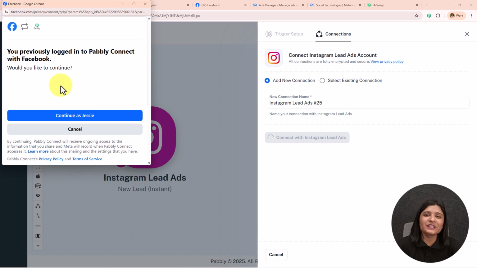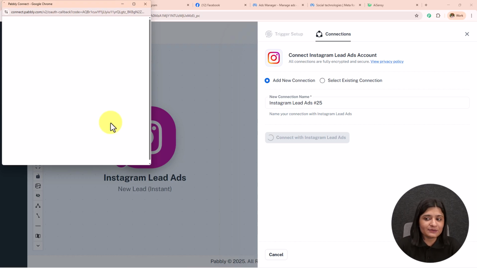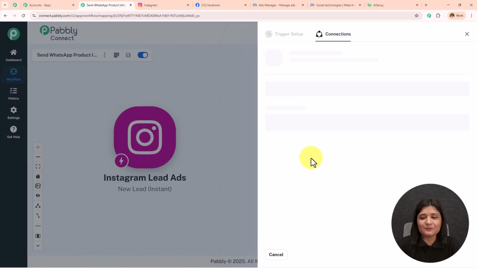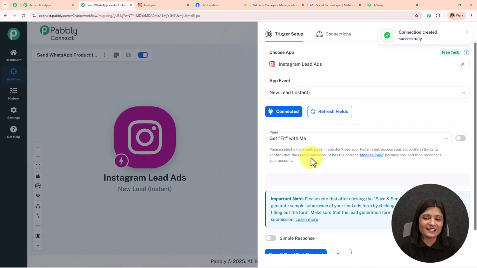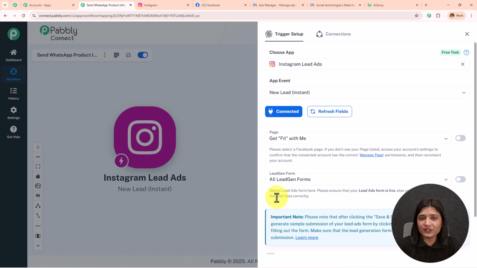Now here I've already logged in my Facebook account, and my Facebook and my Instagram are connected. So I'm going to continue with the same Facebook account, and you will see Instagram lead ads will be connected to Pabbly Connect. And here it is, connection created successfully. Now I need to enter the page and the lead gen form, but before that, let me take you to